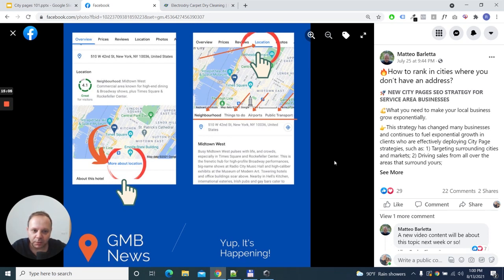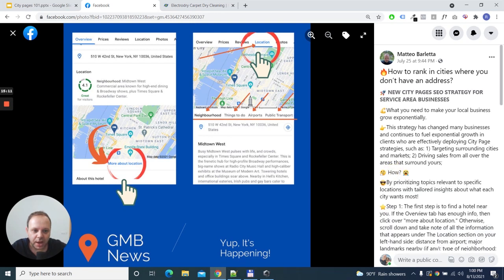And as you can see here, we have been narrowing down the full strategy on how to create a very powerful city page SEO. So, for example, if you find a hotel or a resort next to your own business location, you can actually see how Google is treating and collecting all the data regarding that location. Once you click to the overview section of any hotel next to your main business location, you will